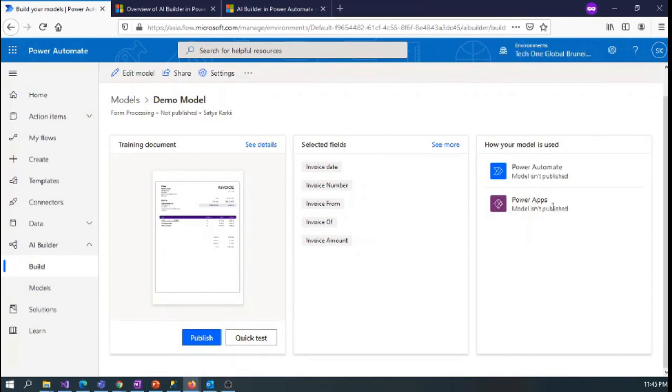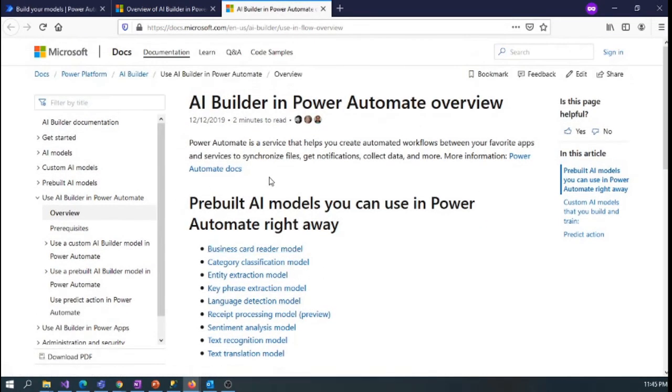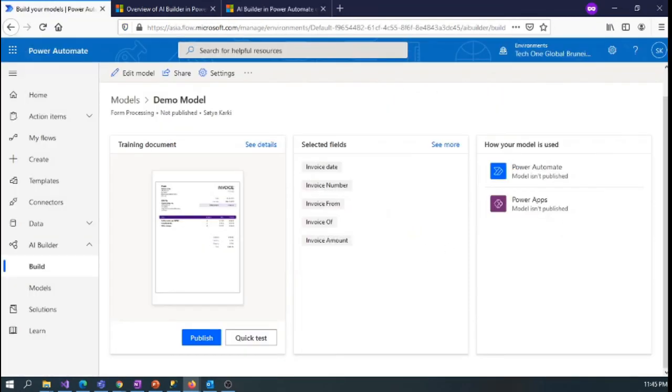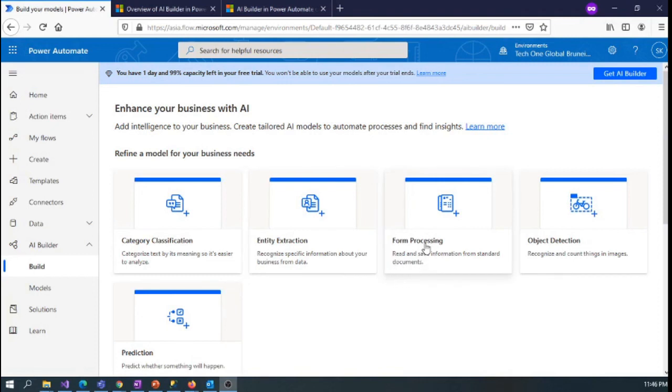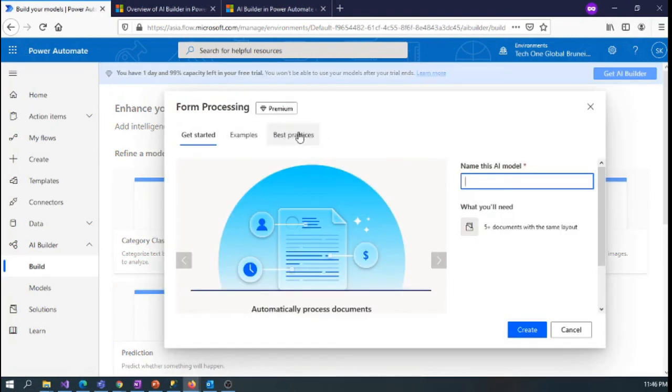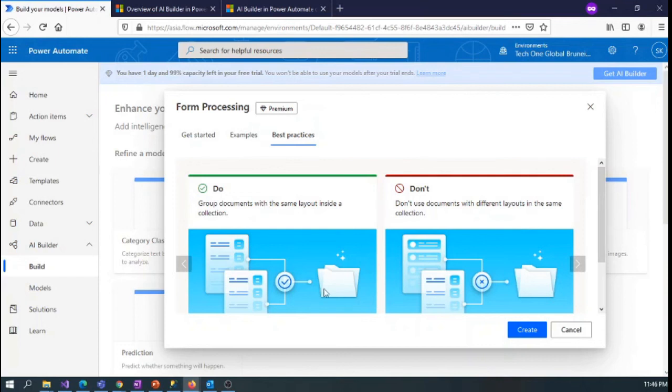And if you click on Power Automate, we can see the steps for how we can use AI Builder in Power Automate. Besides this, Microsoft has provided a guide for best practices on how to train the models. For the best practices, we can click here and see the guidelines Microsoft has provided.